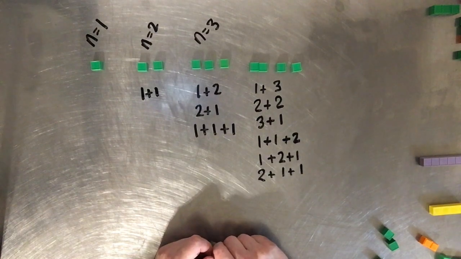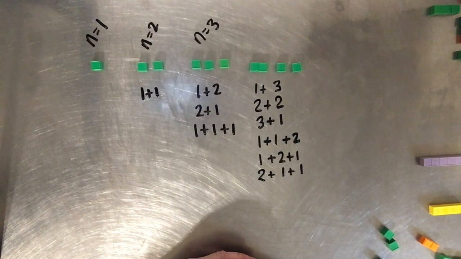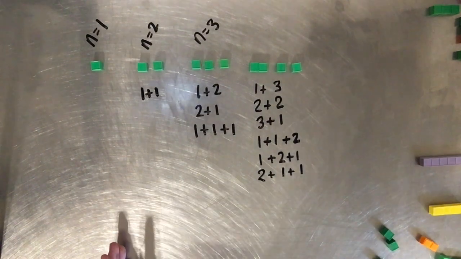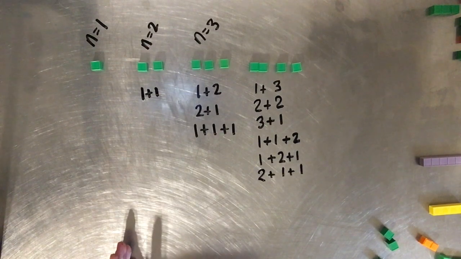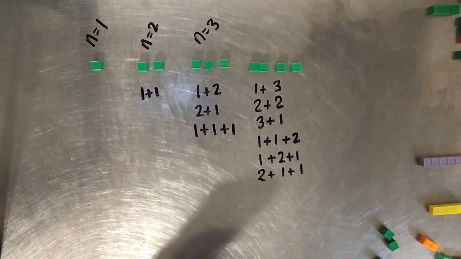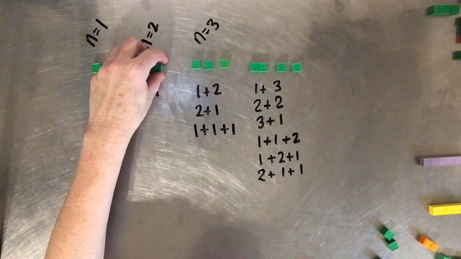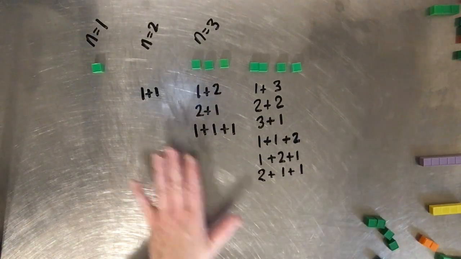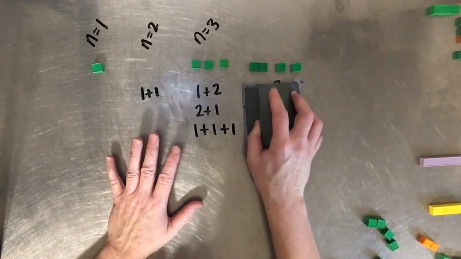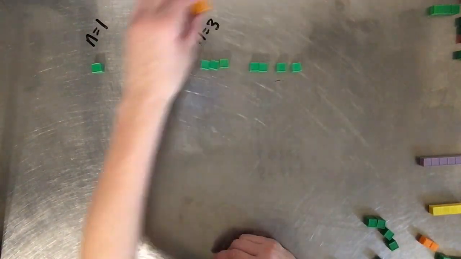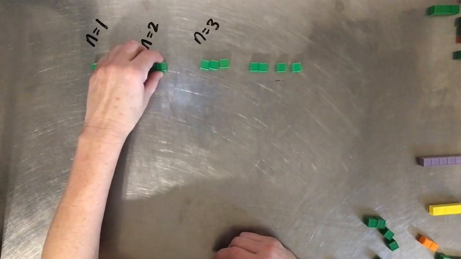Are you kind of starting to see what we're doing here? Now we can do this for every single number up to 6. You could carry on after that, but I've done it up to 6. Now what I've done is I've used the unit blocks now in order to show the different addends. So for the number 2, for n equals 2, well, for n equals 1, we've got 1. For n equals 2, and now I'm going to erase these because I think you have an idea of what I'm talking about, how you're getting your different sums. So now for n equals 2, I'm going to,